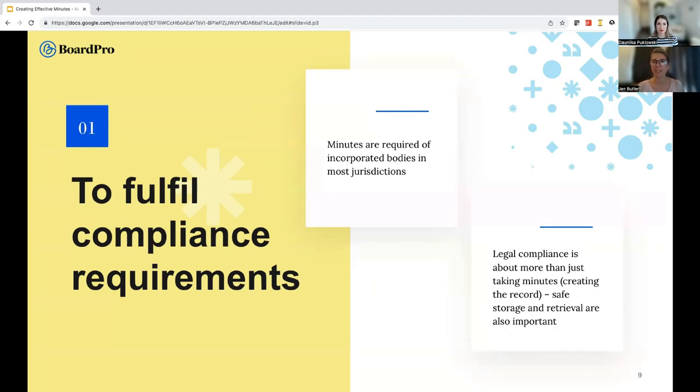So here in New Zealand, you're required to keep your minutes for at least 7 years. I'm pretty sure it's the same in Australia. It's definitely the same in the UK and Canada. It's a little bit different depending on what state you're in the US. Danica, do you work with any other